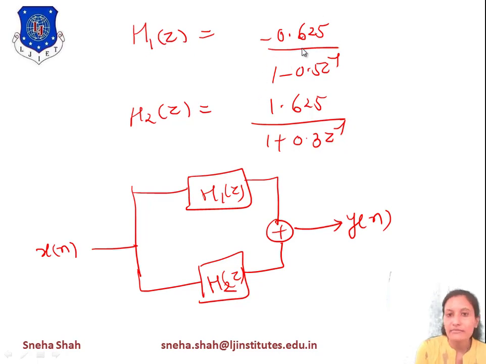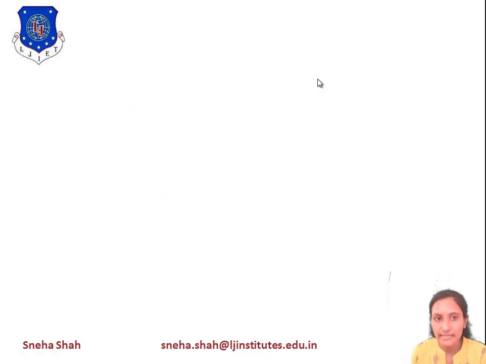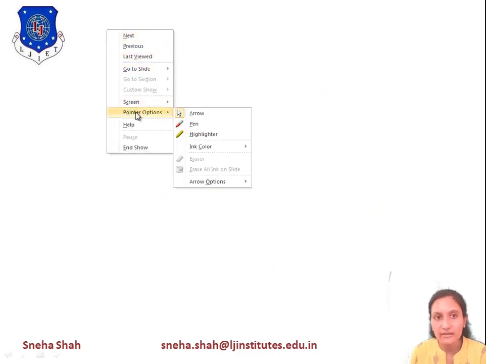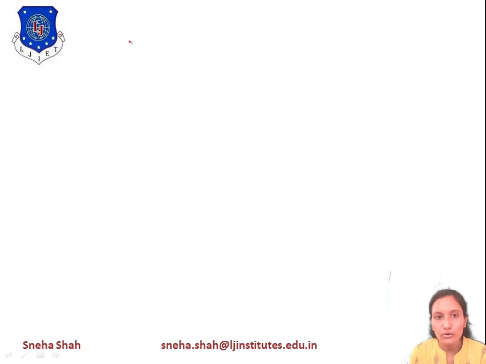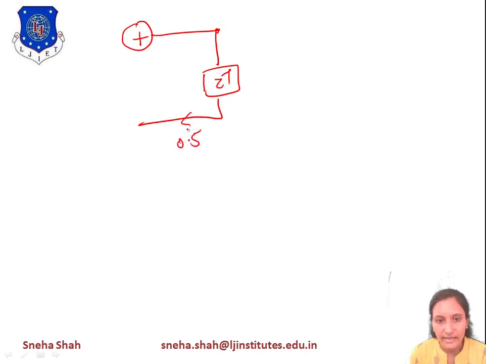First of all, we will represent the denominator part, meaning 1 minus 0.5 z inverse. 1 minus 0.5 gives you the 1 and 0.5 as two constant multipliers. So we will represent it like this, plus and z inverse. In this we will apply minus 0.5, because of minus 0.5 we will take 0.5, and this will be multiplied with minus 0.625.